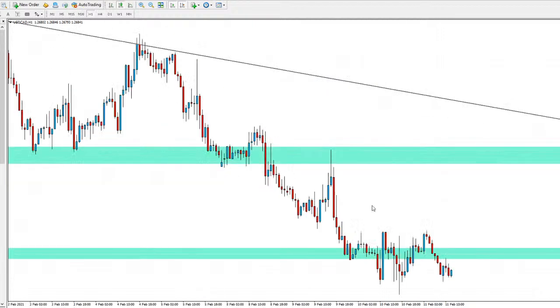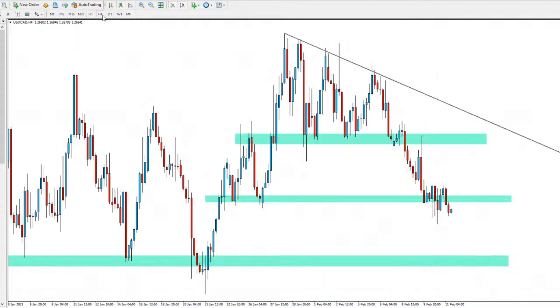You can see on the hourly, price is finding support just beneath us, just around here. So again, price is finding support. If we break through that level, again, probably expecting price to come and test the lows down here. Again, key level, you can see support there. Could be testing it again, or potentially even create new lows there for USD CAD. But for now, we're kind of just trading sideways along this level.